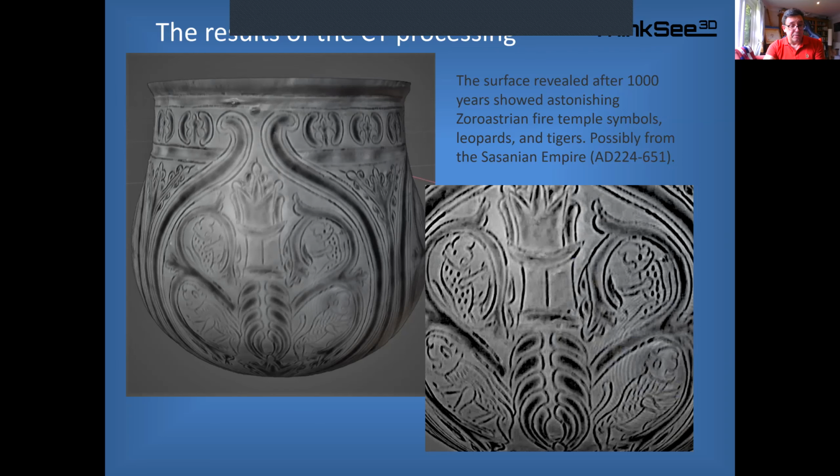And talking to Martin about it, I said, look what's there. And he was really pleased as well. You could see that this thing had come from quite a long way away. As you can see at the bottom here, you've got tigers, you've got leopards, and you've got this amazing fire temple, which are Zoroastrian symbols apparently. So this comes from thousands of miles away,